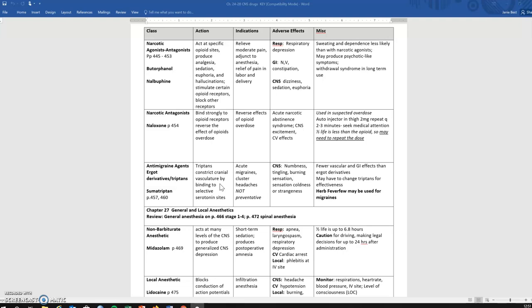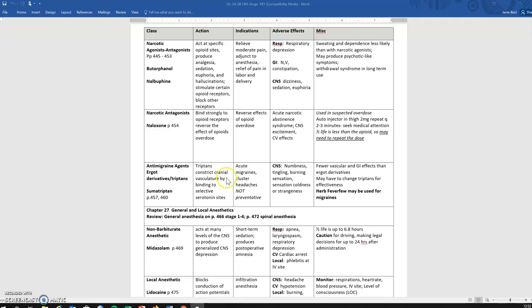And sometimes you may need to switch to a different triptan to get an effective drug, because they're a newer class of drug and patients may respond better to those than to others. You need to avoid giving them with an MAOI inhibitor, because it can increase vasoconstrictive effects and cause hypertension. So you need to take the patient off of the MAOI inhibitor 14 days before starting use of a drug like